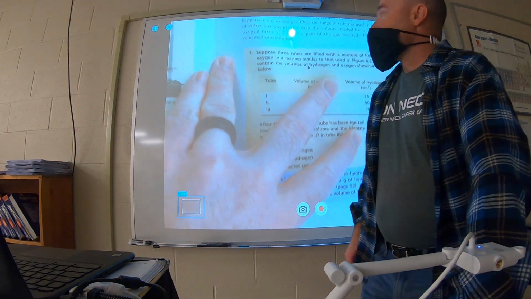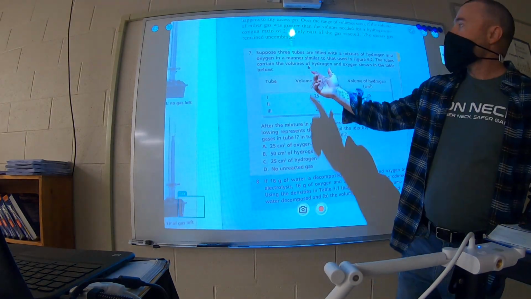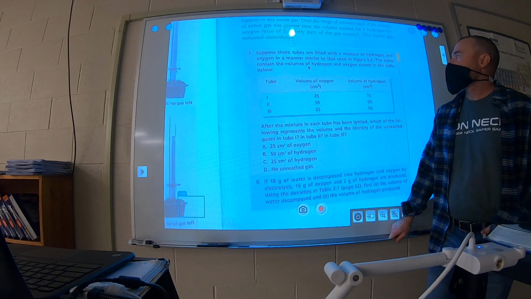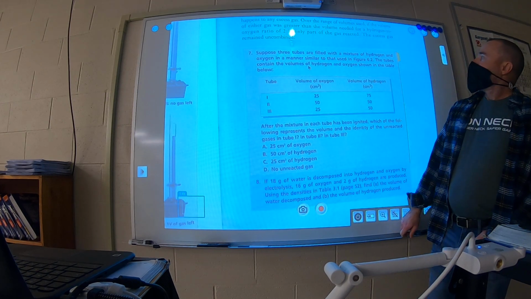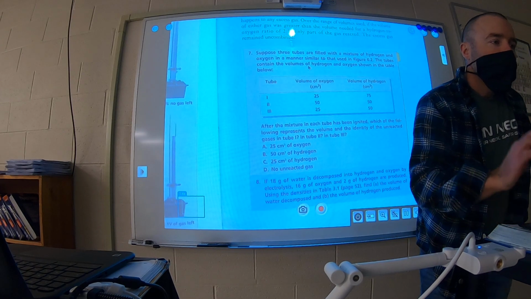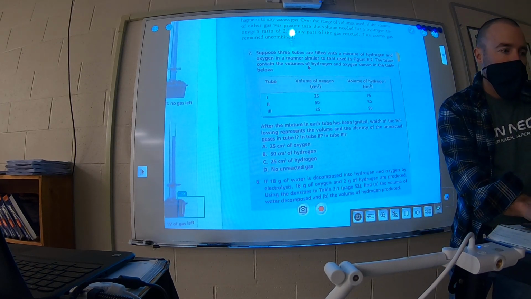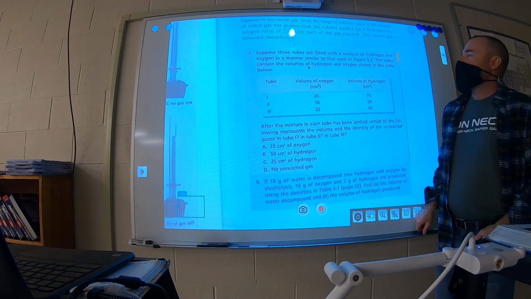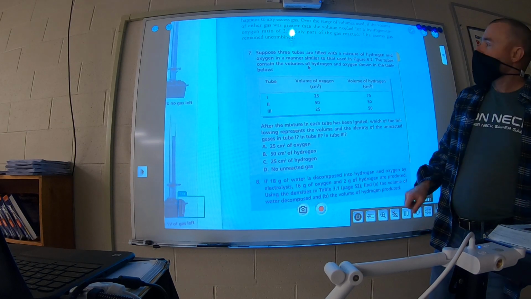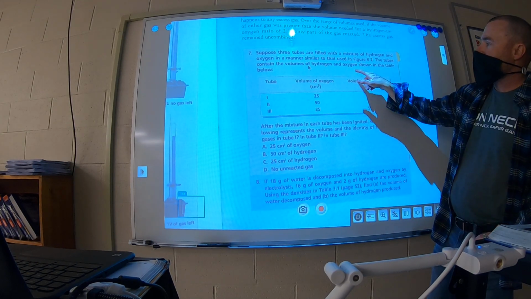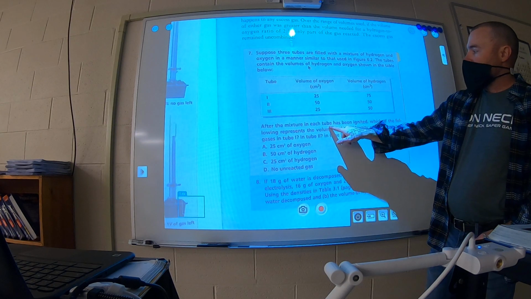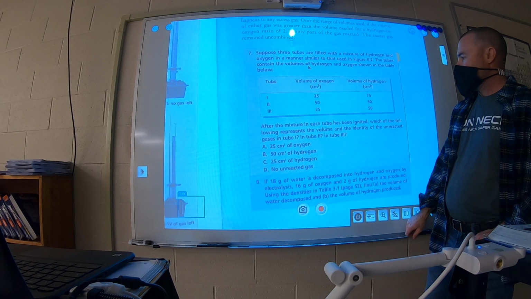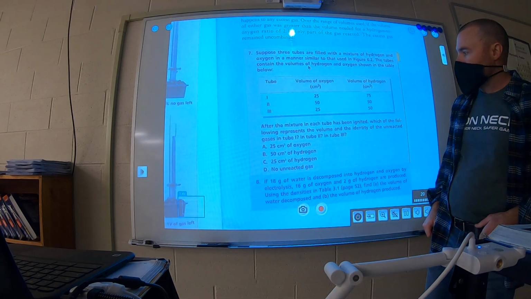I failed that. So number 7, it says suppose 3 tubes are filled with a mixture of hydrogen and oxygen in a manner similar to that used in Figure 6.2. The tubes contain the volumes of hydrogen and oxygen shown in the table below. After the mixture in each tube has been ignited, which of the following represents the volume and the identity of the reacted gases in tube 1, and tube 2, and in tube 3? So,